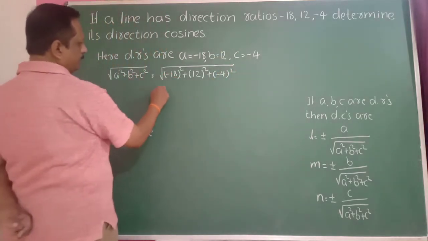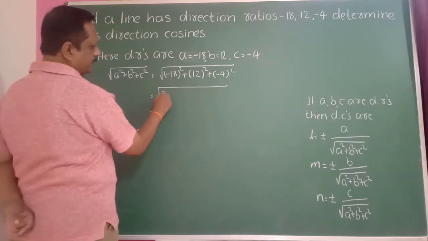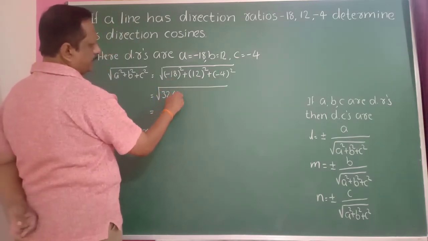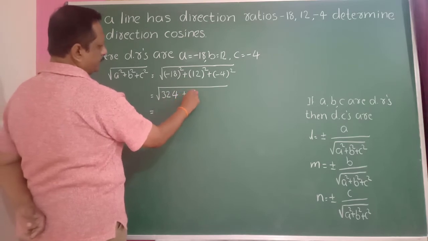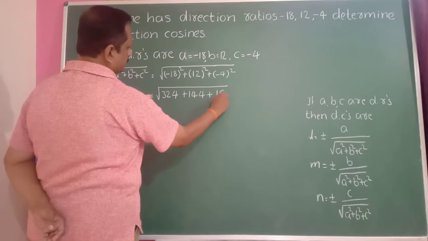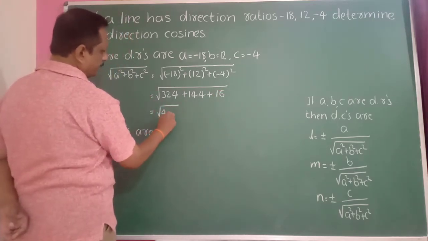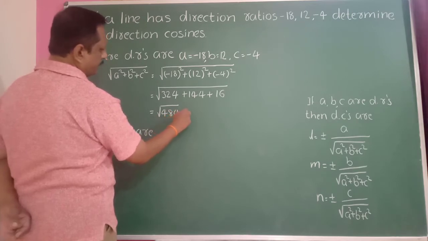Therefore root of 18 square, minus 18 square is 324, 12 square is 144, and 4 square is 16. Sum of these numbers gives 484. Square root of 484 is